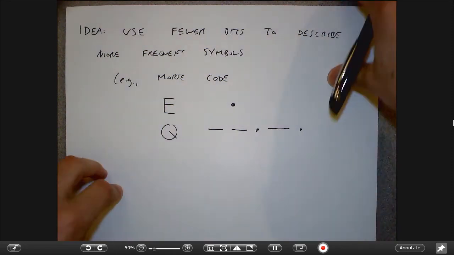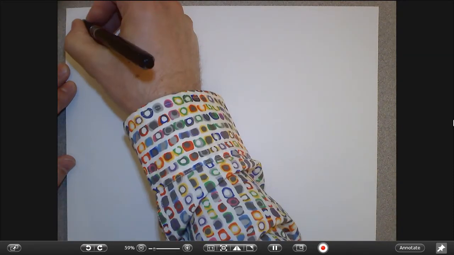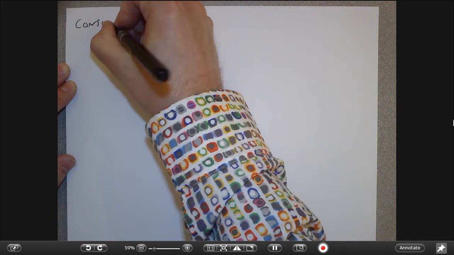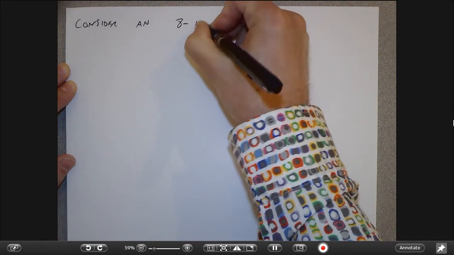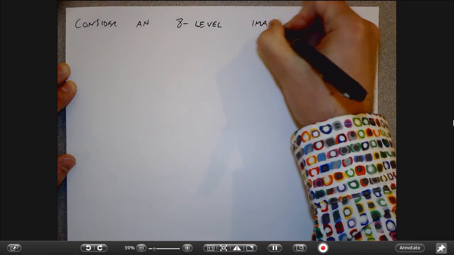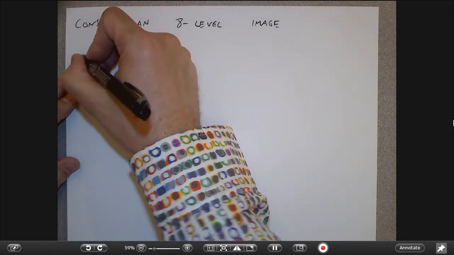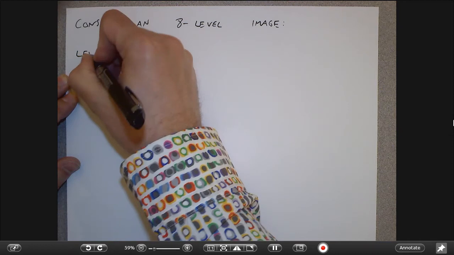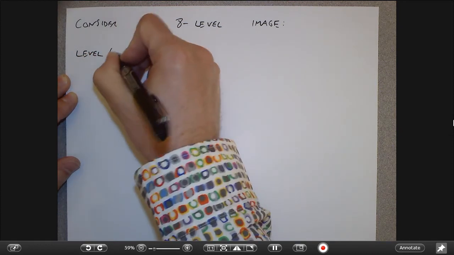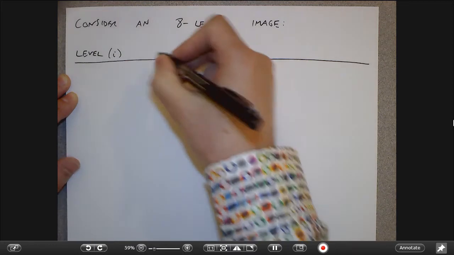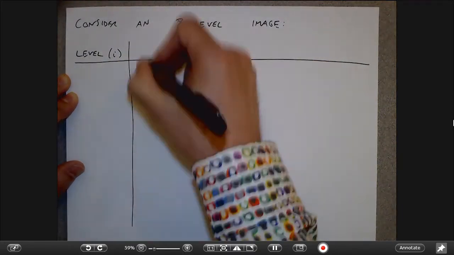So here's the idea. Let's suppose that we have an image that only has 8 levels. Obviously, real-world images have a lot more than 8 levels, but this is going to be my toy example. What I'm going to do is make a table of the level, which is really I, and the probability of that level,